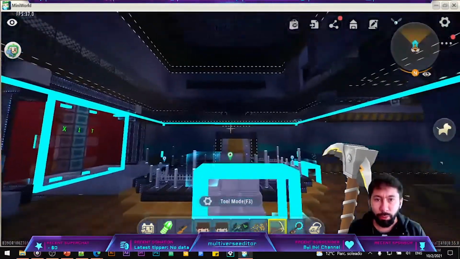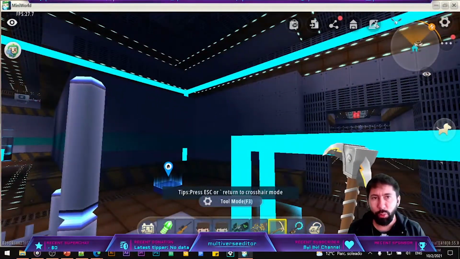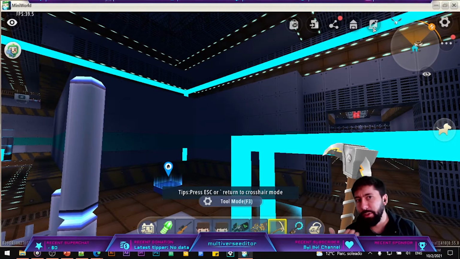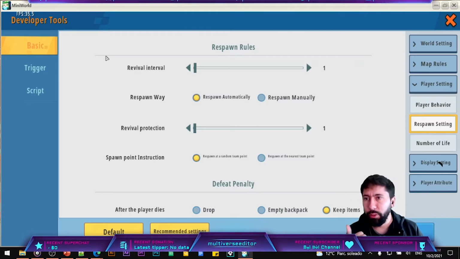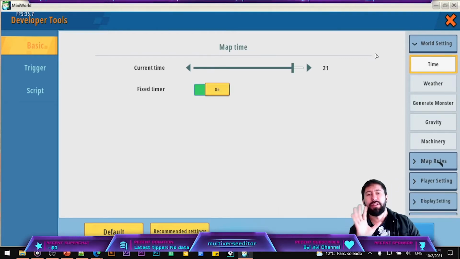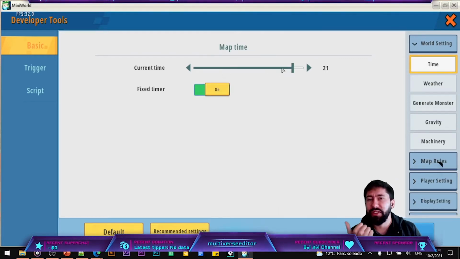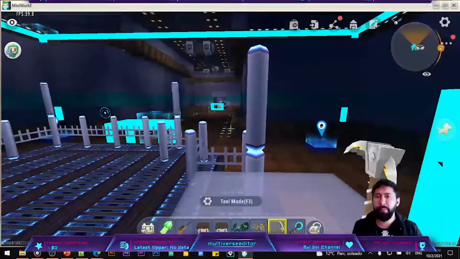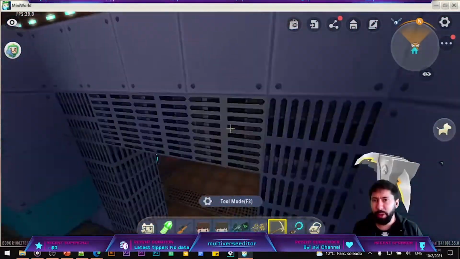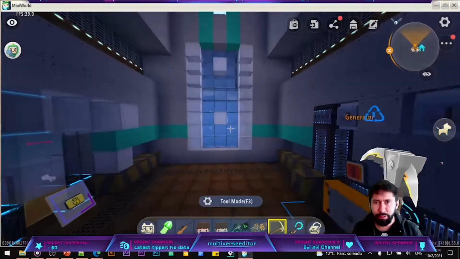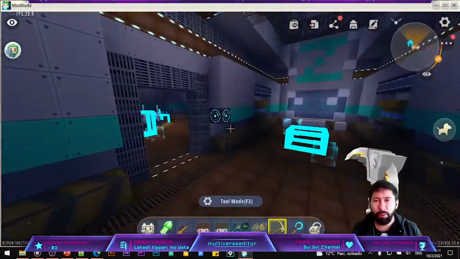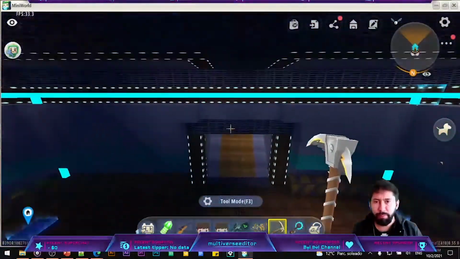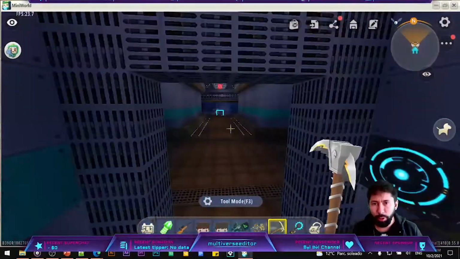All right, so the first thing that we are going to do is go here. We are going to go to the rule settings, okay, guys? So let's start with the basics. The first thing that you are going to do is set the time to nighttime, okay? This will help you reduce the amount of light that you need to use. And once more, depending on the time that you are placing your map,